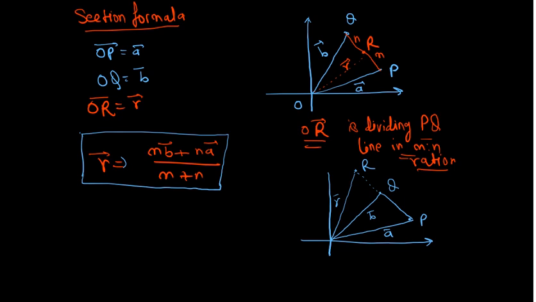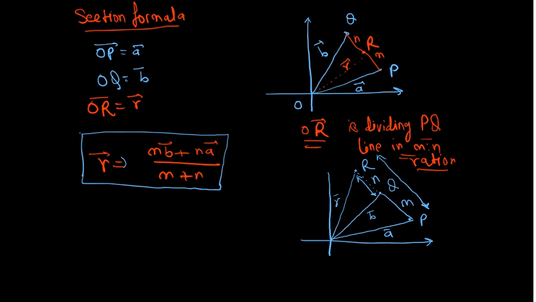R is somewhere outside and it will be written in this way. So here it is M, this is the M, and this is the N. You see, N is this one, and m is the total distance. Total means this total distance is m, and this distance is n. Okay, so it is being divided in m is to n ratio. So in that case